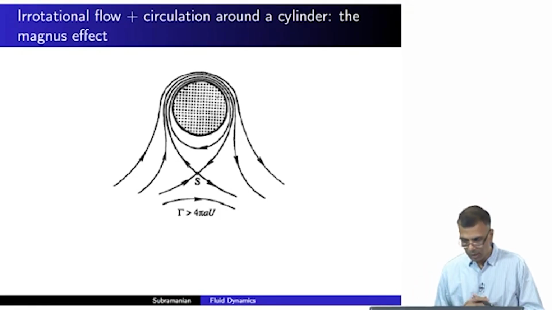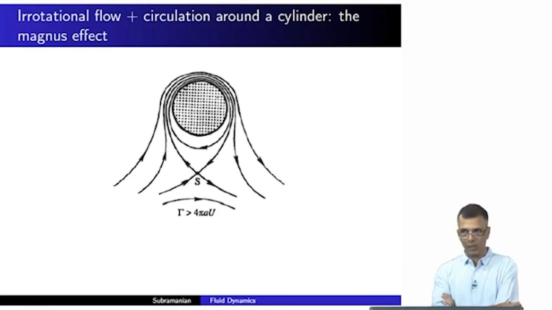Okay. Now we come to this, as was the case with the Bernoulli constant. We used it to demonstrate a couple of interesting real life examples. Here is a real life example that I would like to illustrate that uses the concept of circulation, if not the concept of Kelvin's vorticity theorem, at least. So, you recall the potential flow around a cylinder, you recall this. This is what the flow looked like,